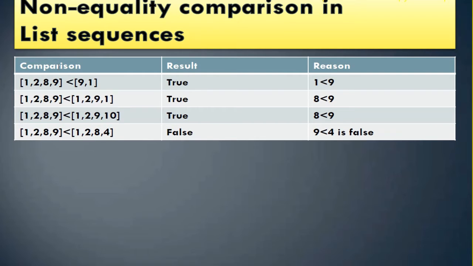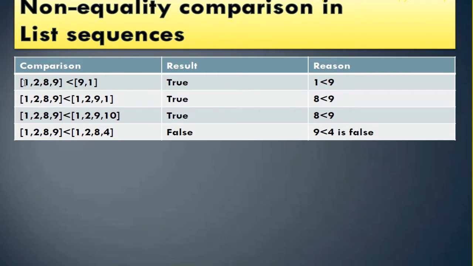Okay, see, the comparison is mentioned here. In the first list, four data items are mentioned, and in the second list, two data items are mentioned. Now how can we compare these two? First is compared with first, then second with second, then third with third, and then fourth with fourth. When we are comparing one by one, if we get the result in the first attempt only, then we will identify it as true, or else we'll identify it as false.